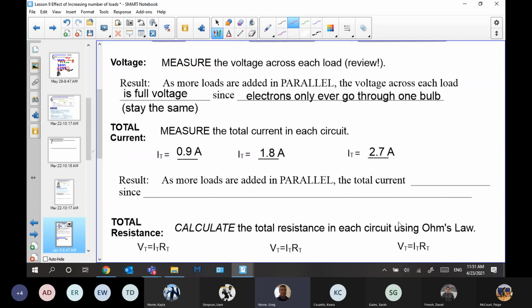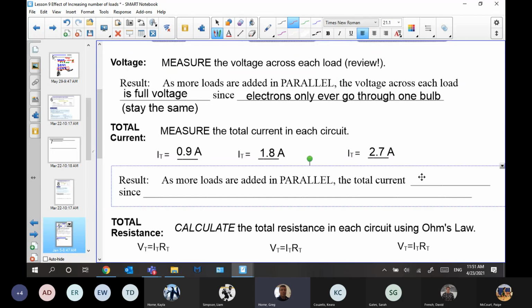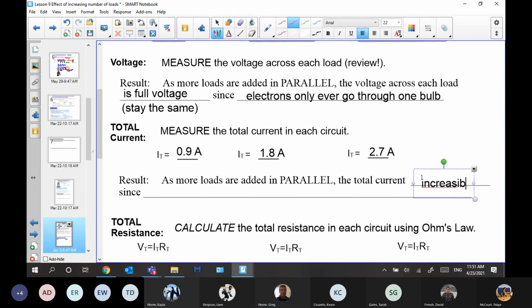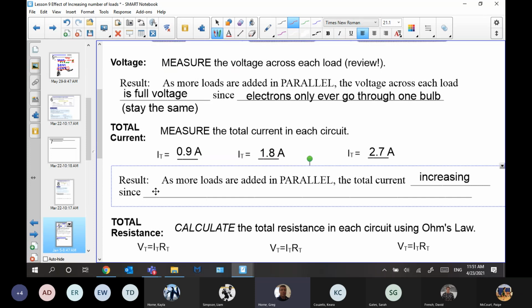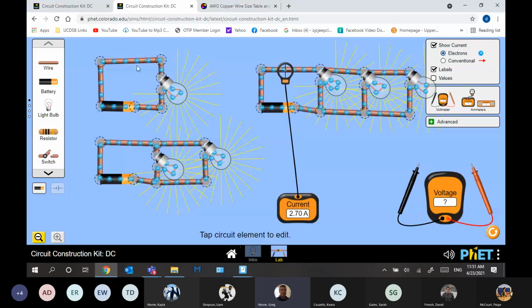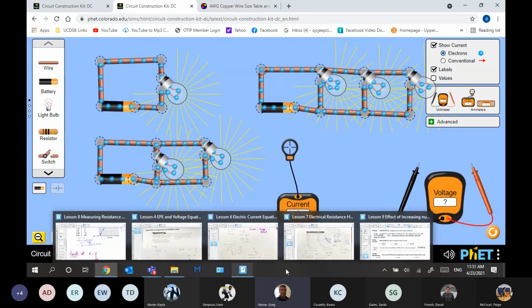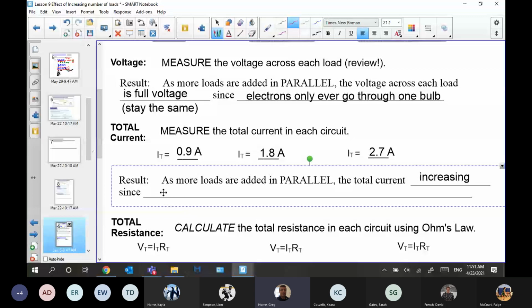So as you're adding more loads in parallel, you can see the total current is increasing. Why? What's the reasoning for that? Any guesses? Let me help you out a little bit here. You have to force your way through this bulb, right? In this circuit, electrons are trying to force their way through that bulb. If they're busy waiting for that lineup, instead they can come along and go through this lineup, right? Or they can even go through that one. Each time you add a new parallel branch, you're adding more ways for the electrons to go. And so it makes it easier, right? So each parallel branch